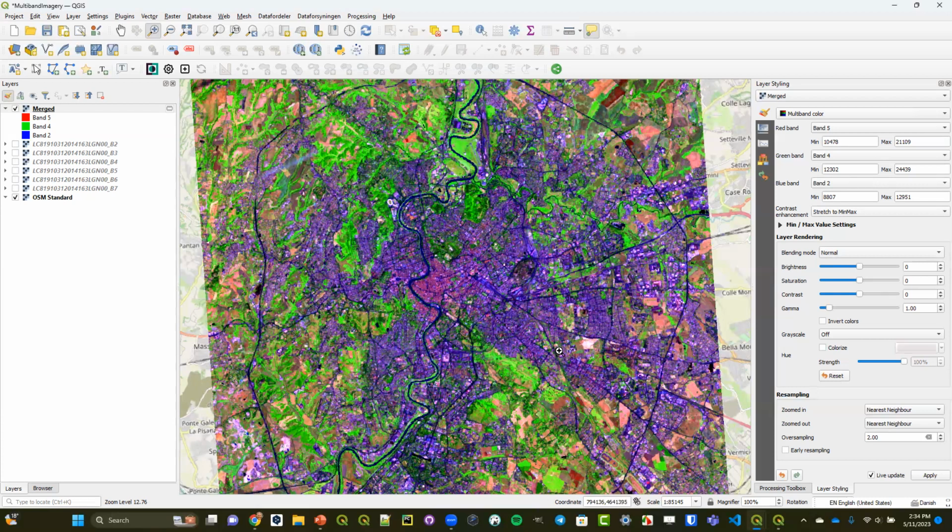So this is just an example of how you can, one, combine multiple bands into one, and then look at the different band combinations to see different things about the landscape based on how those are being piped through the red, green, and blue guns of your computer's display. And then, of course, if you wanted to go the other way and go from this multi-band raster back to the single bands, go the other direction,